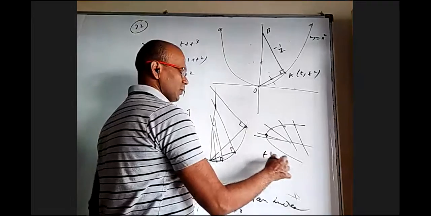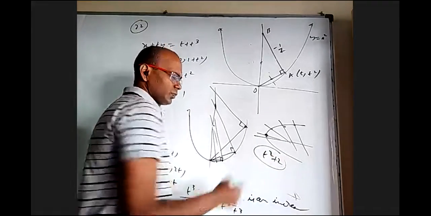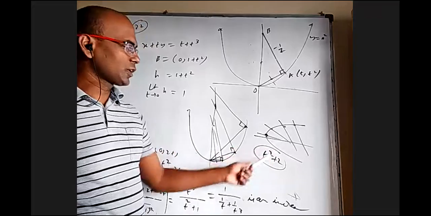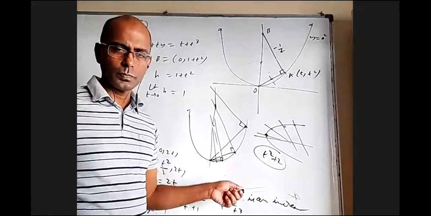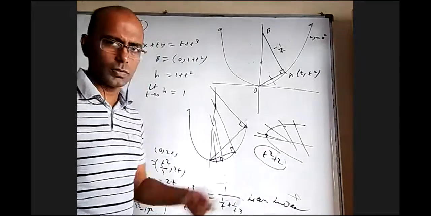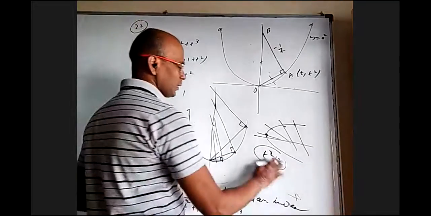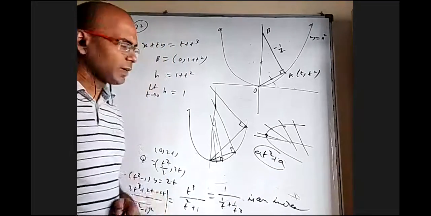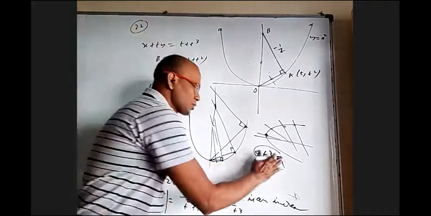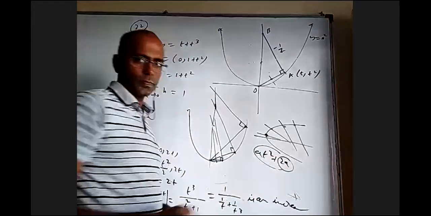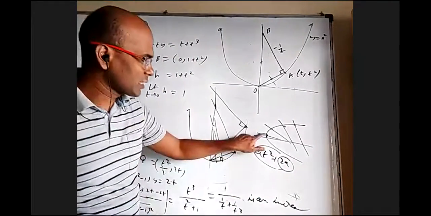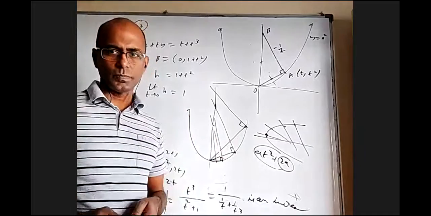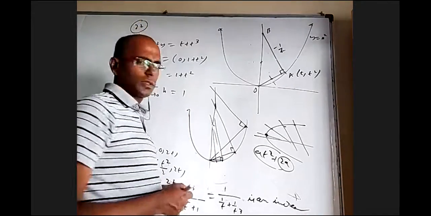You know the expression is t square plus 2a. So when t is tending to 0, it is reaching 2a. That is, the x-intercept is at square plus 2a, and when t is tending to 0, it is reaching 2a. But in the figure, it looks like this line is becoming almost the same as this line and reaching infinity. No, it is not necessary that.